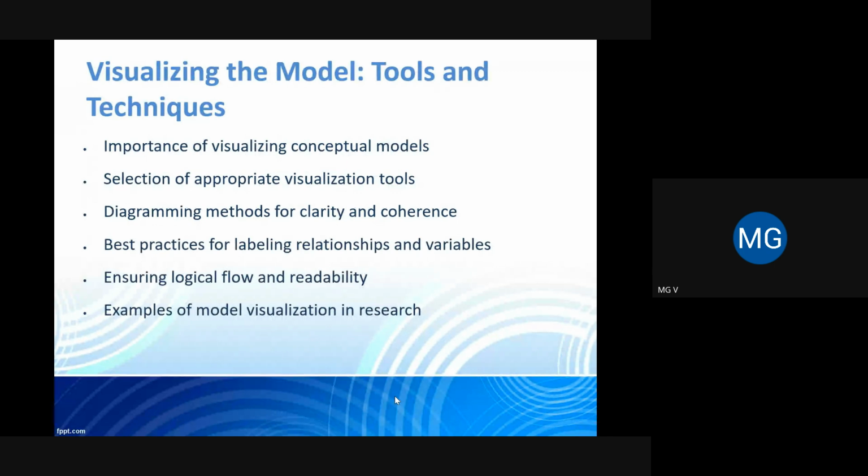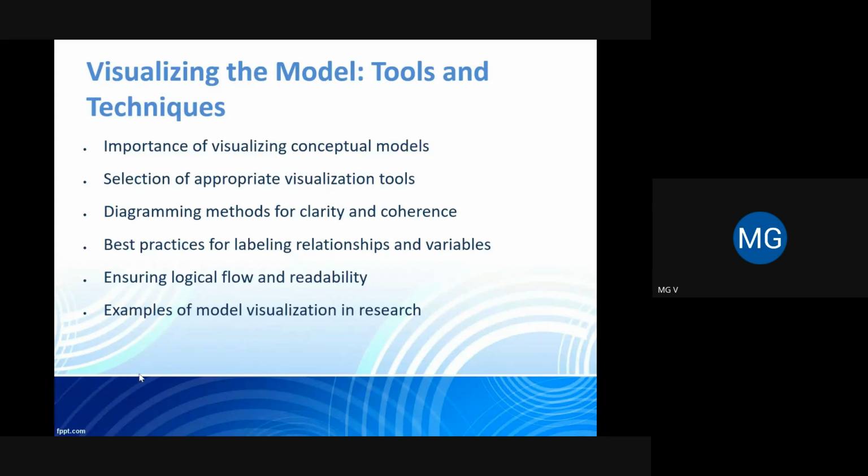Using these tools, researchers create diagrams representing variables and their interactions. Arrows should indicate directionality, and clear labels ensure readability. Best practices include maintaining simplicity, avoiding overlapping arrows, and using consistent formatting. A well visualized model enhances the study's credibility by providing a structured representation of hypotheses and